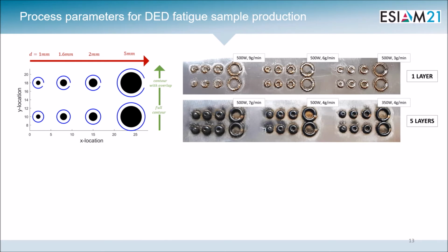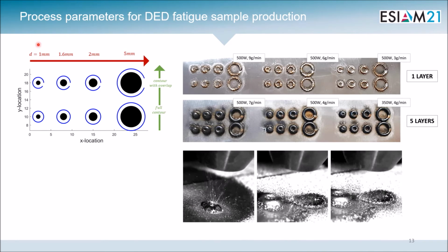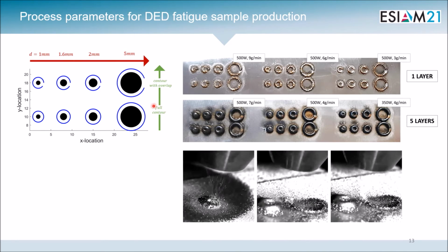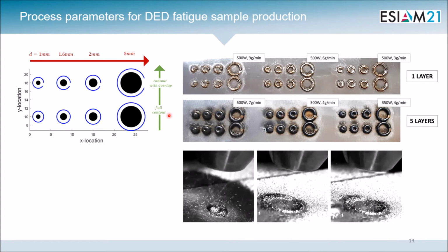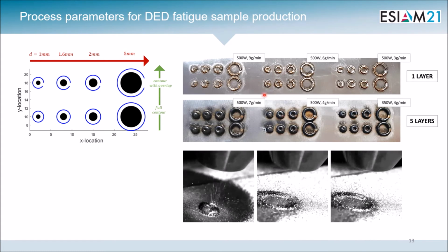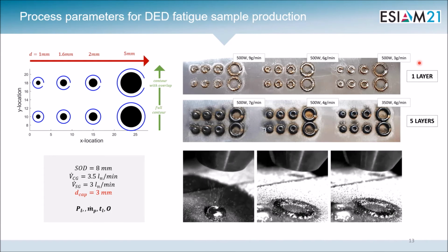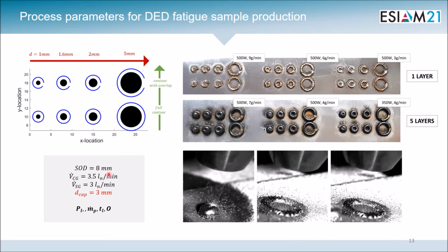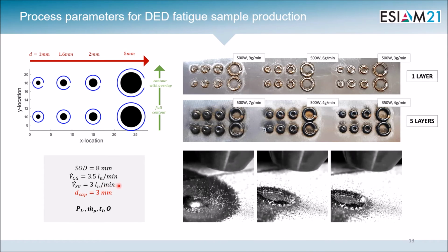The next step is to find optimal process parameters for the production of the samples. Therefore, initial tests were performed for different capillary diameters, with and without considering the overlap, for one single layer and for 5 layers on top of each other. The standoff distance was chosen at 8 millimeters and the carrier and shielding volumetric flow rates at 3.5 and 3